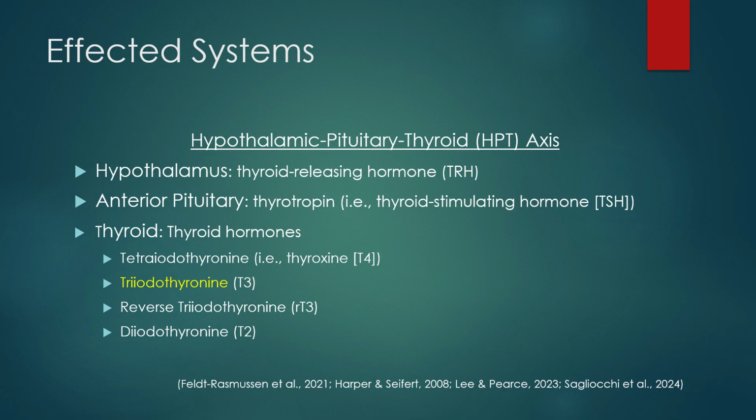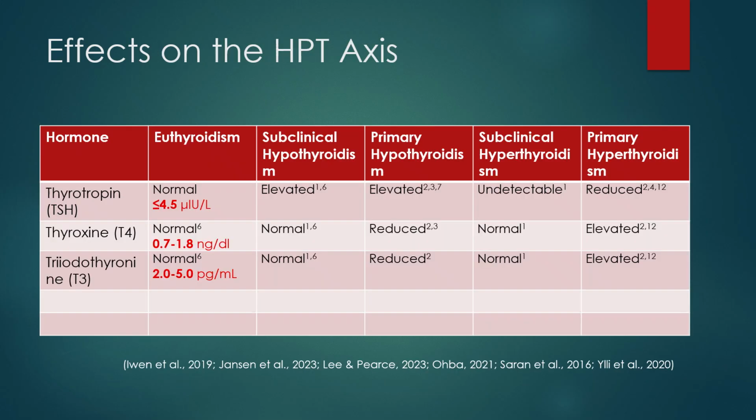And the thyroid hormones from the thyroid itself include T4 and T3, as well as RT3 and T2, with T4 and T3 being the main ones that we pay attention to, especially with T4 being the most prevalent and being the biggest source of T3, as T4 converts to become T3, hence the yellow highlight, T3 being as important as it is. So now, when the HPT axis succumbs to hypo or hyperthyroidism, here are some general observations that